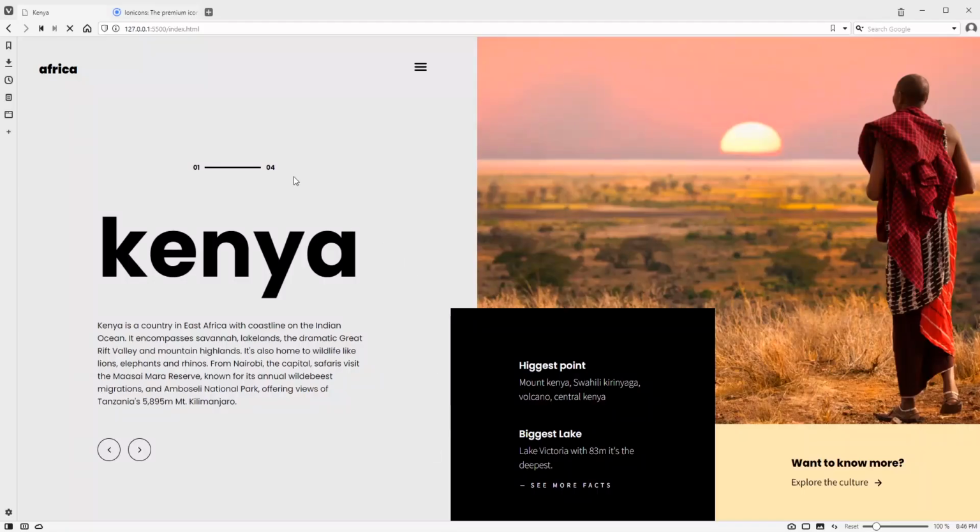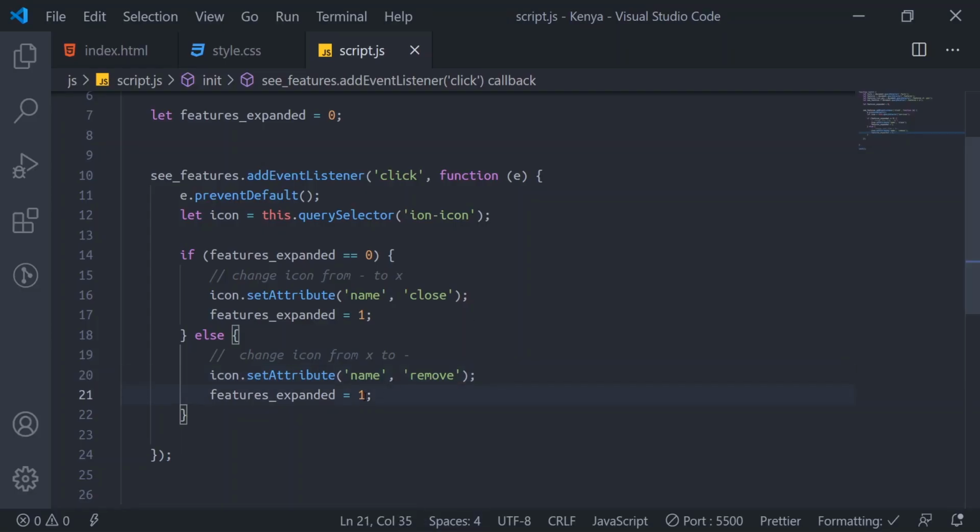So it's supposed to work now. We'll go to our browser, I'm going to test it now. I'll refresh. If I click on see more features, it should change to X. Then if I click again, it changes to the hyphen. You see, I'll refresh, I'll click, it changes to X. Click again, it changes to hyphen. So it works two times, so let's see what the issue is here. If I click once, click out. Okay, I guess there's an issue. Okay, I forgot to change this 1 to 0.